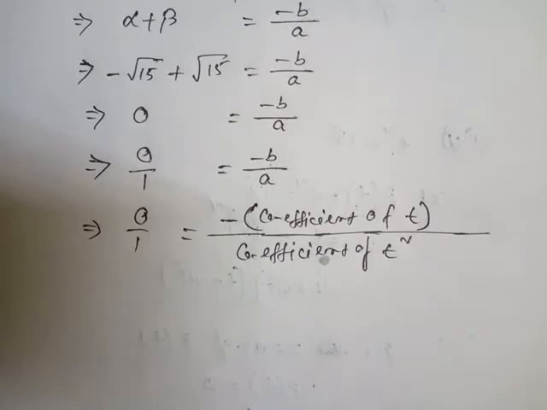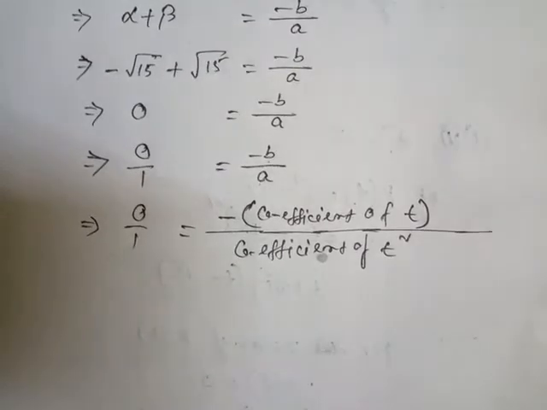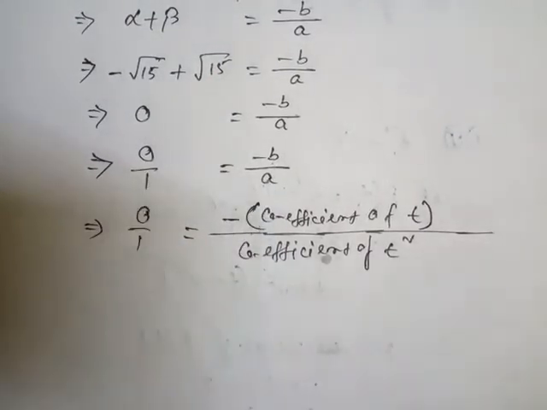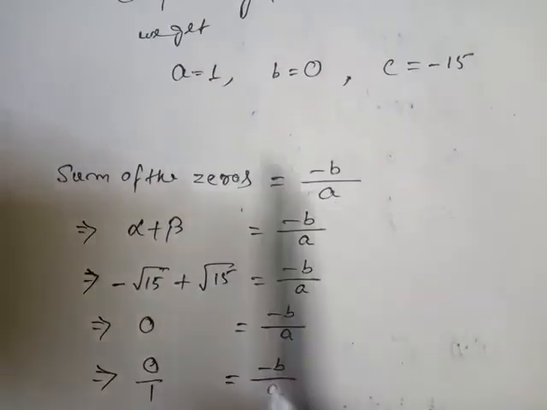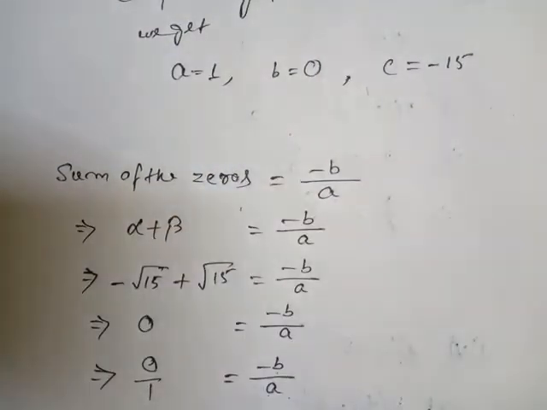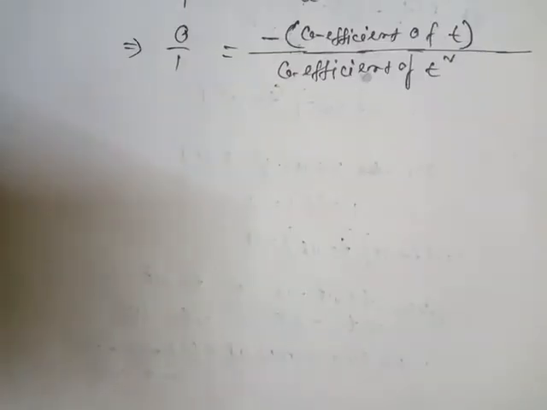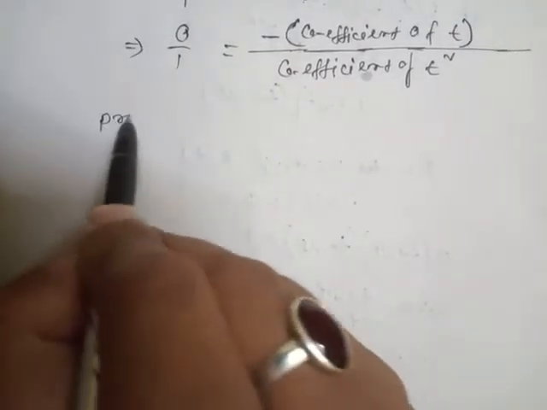Now next one would be the product of the zeros. One more thing I must say here, that once the value of a is 1 and minus b is 0, let's have a look whether it is matched or not. Yes, it is matching because a is 1 and b is 0, which means the sum of the zeros is correct. Now next one is the product of the zeros,